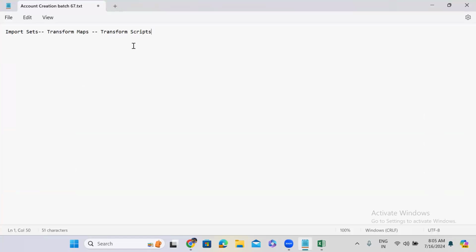Guys, in the transform scripts, there are 7 types of transform scripts. One is the on start transform script, the on complete transform script, the on before transform script, the on after transform script. On start, on complete, on before, on after,